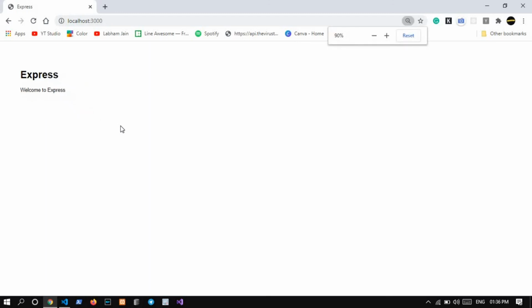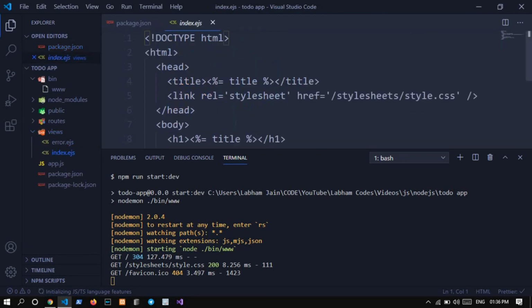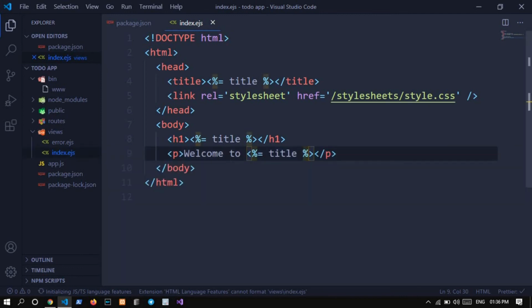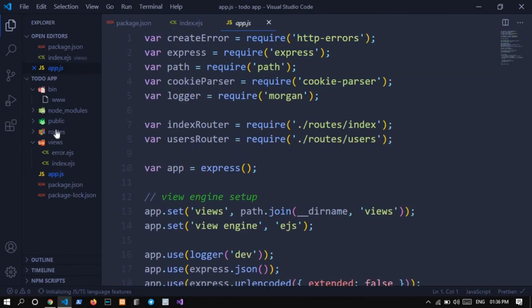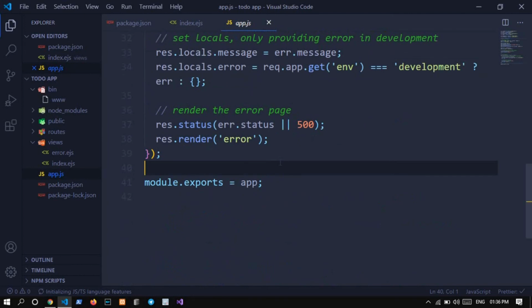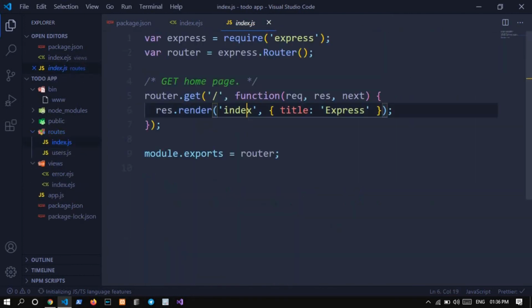If you see the source code of this, you will notice that we didn't write Express. It is coming from app.js, I guess, or maybe the structure is a little bit changed.